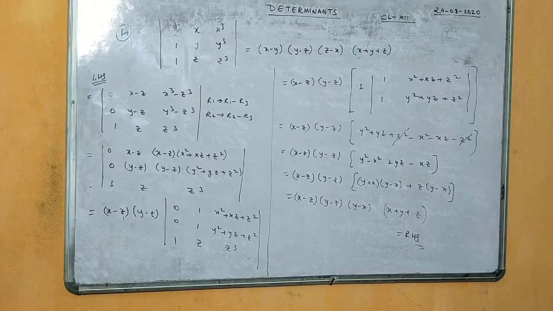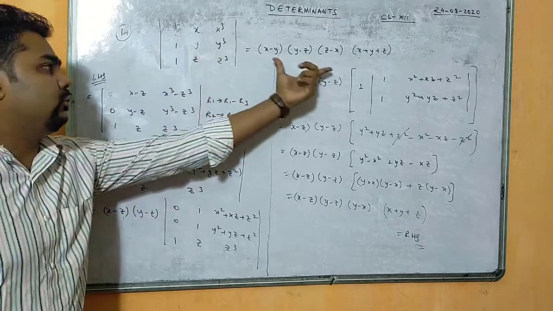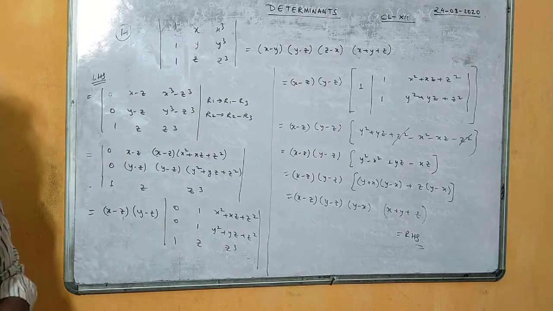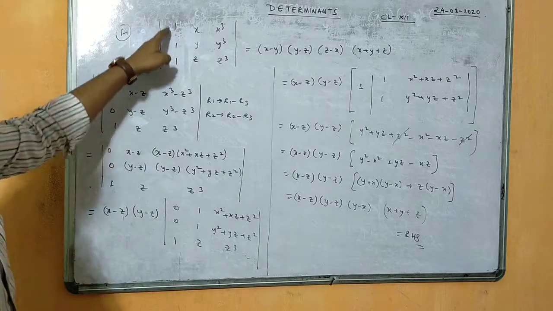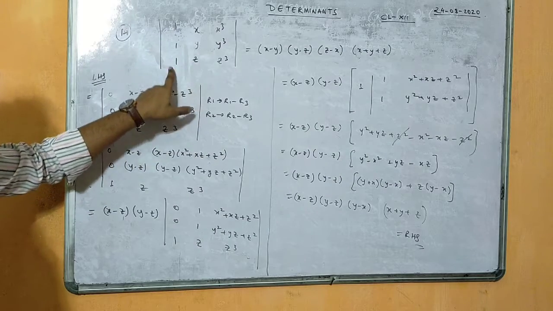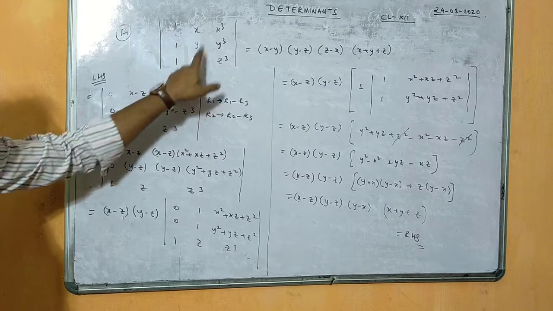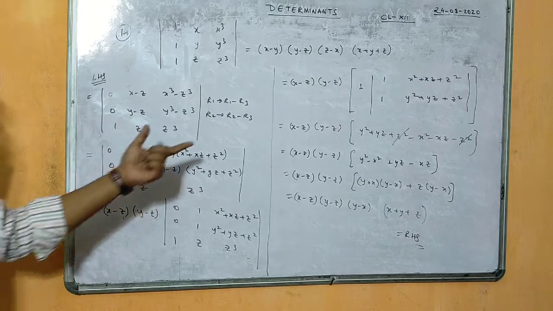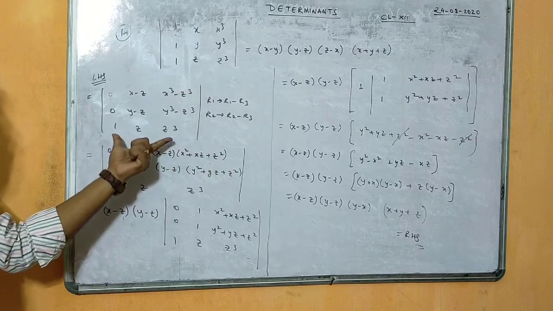So the next question we have here is question number 14. Again we have to prove left hand side equals right hand side. In the left hand side we already have 1 1 1, right? So again we have to make two zeros out of three ones. We have used the operation r1 minus r3, r2 minus r3. Each element we subtract here and we get this value, right? R3 we are not changing, so R3 is written as it is.